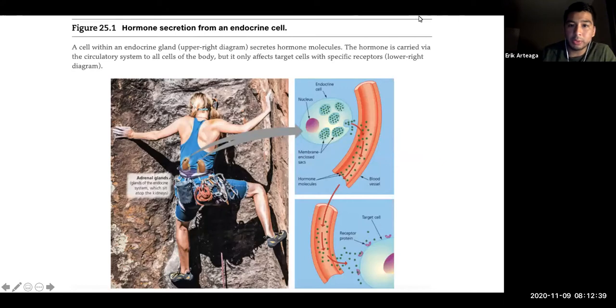So hormone secretion from the endocrine cell. So this is diagram 25.1 in your book. And here you have the adrenal glands working. The adrenal glands sit up here on the kidneys, right? Just above the kidneys. And here you have the fight or flight responses that we'll be talking about a little bit later. But here's just a cell that's going to be secreting these hormones in the bloodstream. And again, this is targeting multiple systems in the body when you think of flight or fight, right? You have your increased heart rate, your increased breathing, your vasoconstriction, right? We talked about the constricting of blood vessels to increase your blood pressure, right?